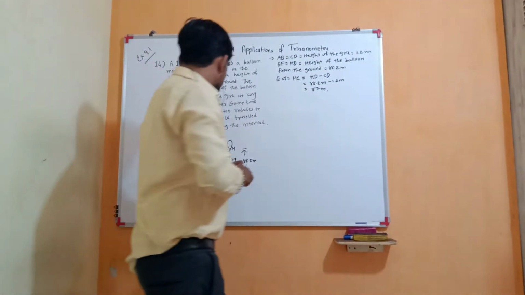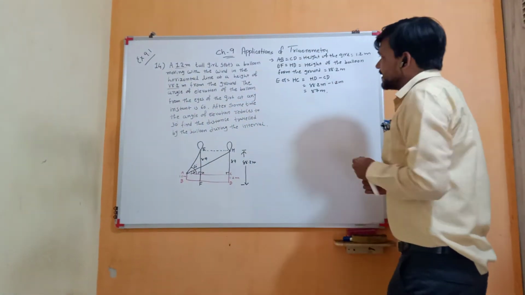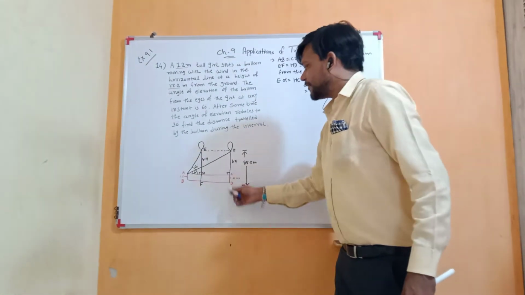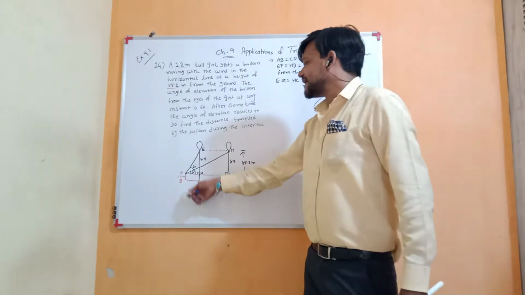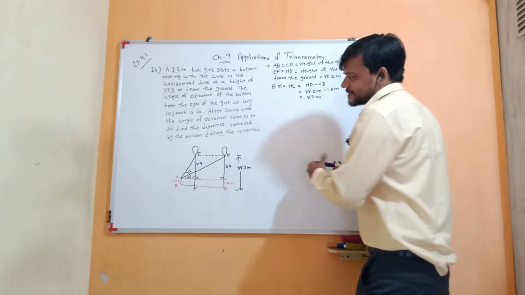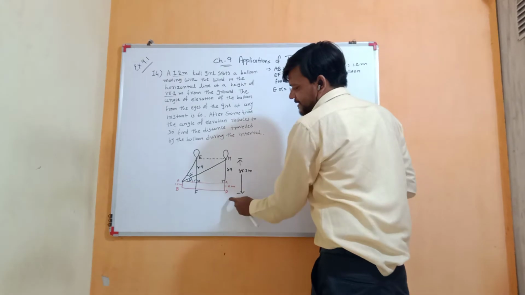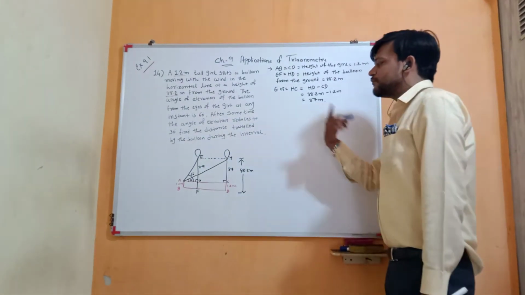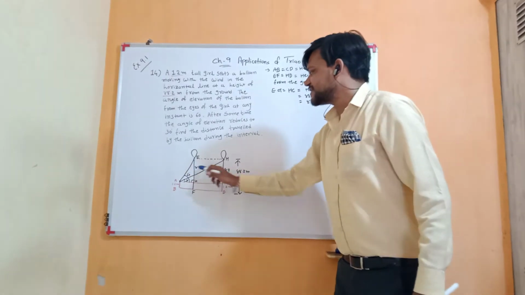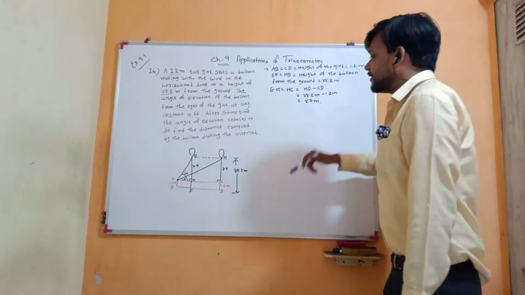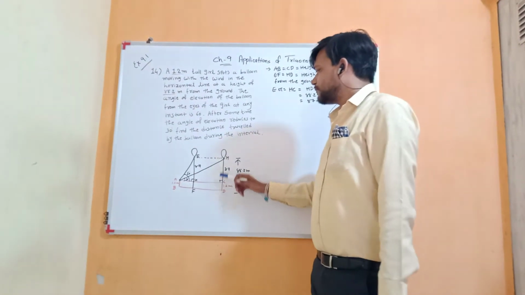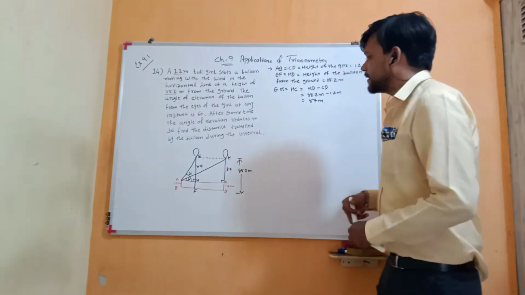Clear? So let's start. In the data we have AB and CD both represent the height of the girl because both are the opposite sides of the rectangle, which is 1.2 meter. Same as EF and HD both represent the height of the balloon from the ground. Right, again both are the opposite sides of the rectangle, so both are equal, which is 88.2 meter, right? The height of the balloon from the ground is 88.2.